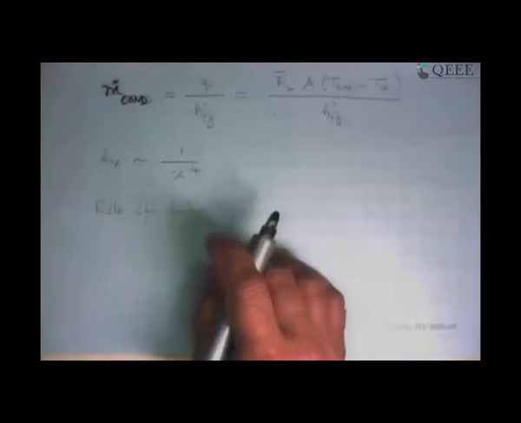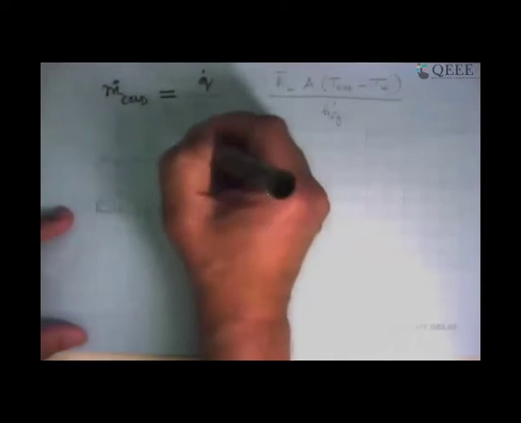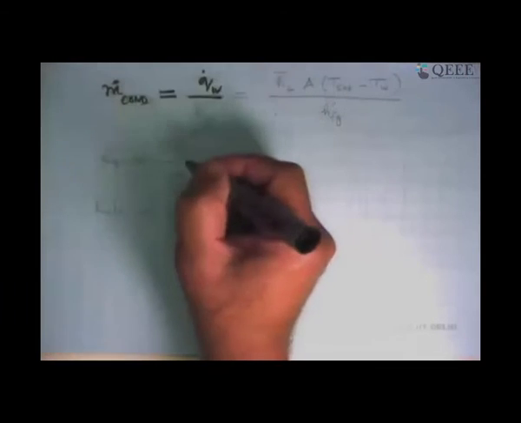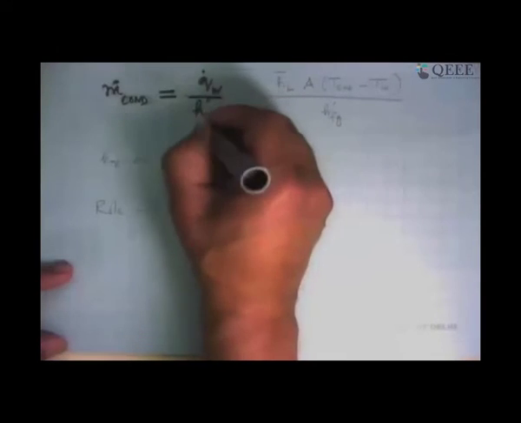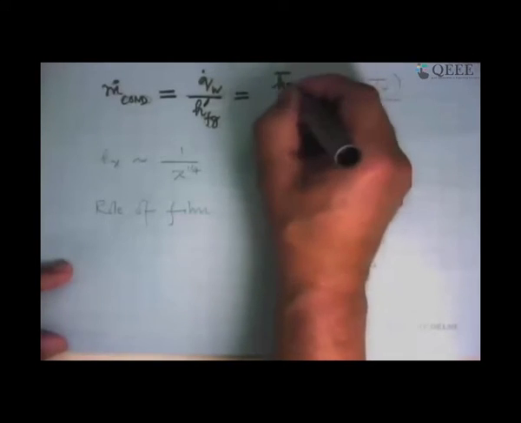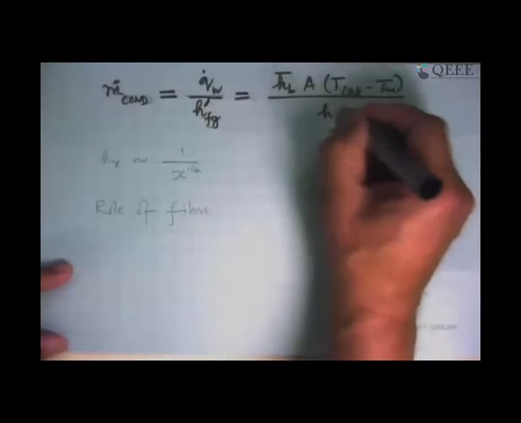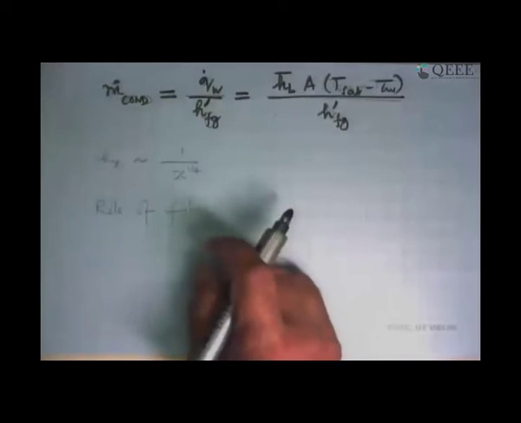Before that, the other thing that we wanted to know, m dot, the condensation. What is the condensation rate over the entire plate? This we now know. We just calculated Q dot, that was Q dot for the wall. You can say that this was in watts, divided by h_fg prime, and this is h bar, the average heat transfer coefficient, multiplied by area multiplied by the temperature difference divided by h_fg prime. So that other important thing as an engineer you want to know, what is the rate of condensation on this surface, and this is the answer to that.